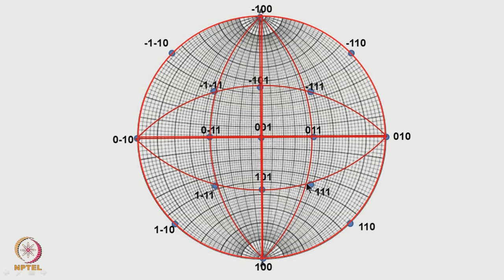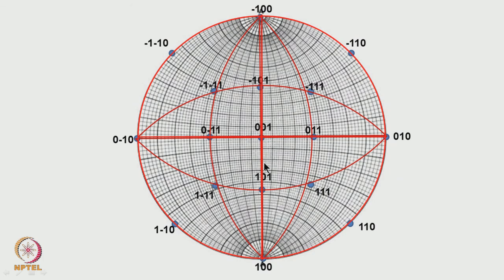Suppose we wanted to measure with respect to this particular point; then what we have to do is rotate the tracing sheet and bring this point to the equator, and then we can measure. That will turn out to be 54 degrees, because this 001 standard stereogram is for a cubic crystal. This is the way we can use the stereogram and the Wulff net to measure and find the angle between the planes. That is what we did as an exercise in the last class.